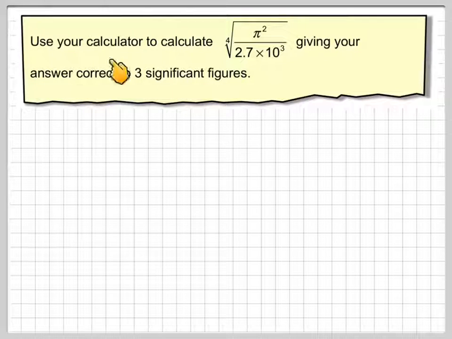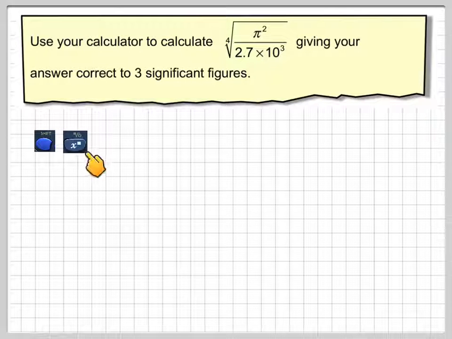Right, in this video we're going to use our calculator to calculate the fourth root of pi squared over 2.7 times 10 to the 3, giving your answer to three significant figures. So, on the calculator we need to press Shift, and this is a Casio calculator. The button above the x to the power, which is the root of